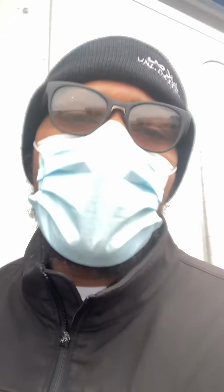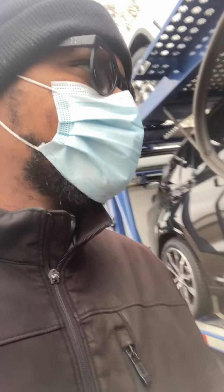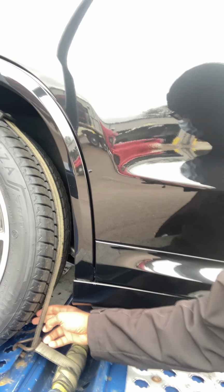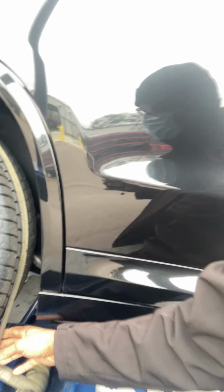I'm gonna just walk around the truck. So this is basic trucker advice, and everybody knows this already: when you're hauling cars, or anything on a flatbed, every so often you want to get out and check your straps. Wiggle your straps, make sure everything is still tight. One time I got out and one of my straps was off. The hook had come out of the little hole down here. Apparently that strap wasn't in all the way properly when I first put it in, because they're not supposed to do that. So like I said, you want to get out,